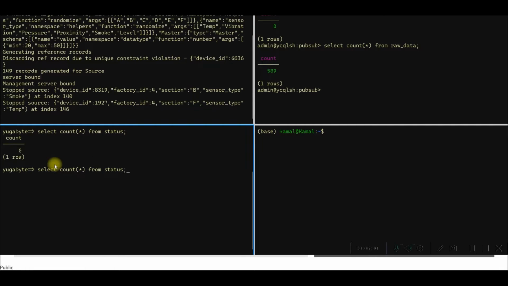The probability of sensor failing is set at 0.1%. Right, so we have 149 records on the YSQL side. Now why 149? Because we have 149 devices and the status is set for all the devices, right? So this is what it is. We'll go to our dashboard now,